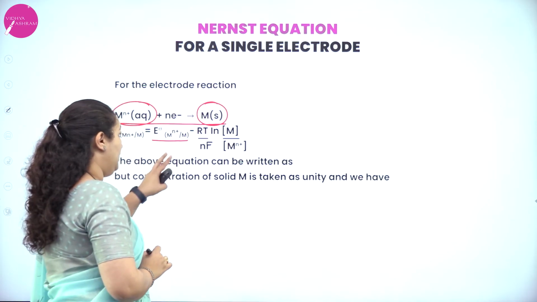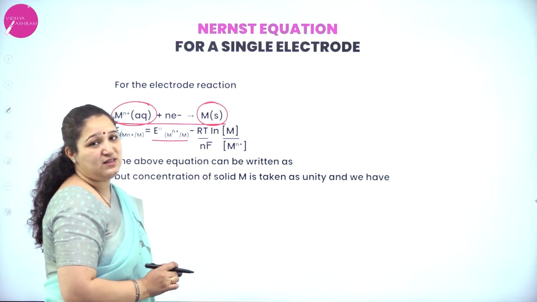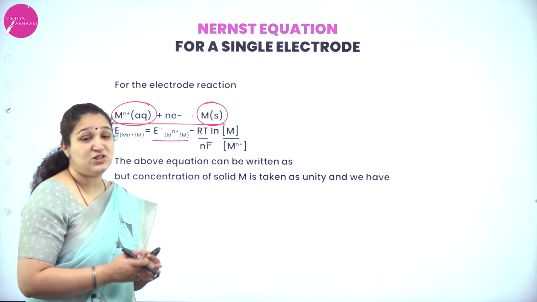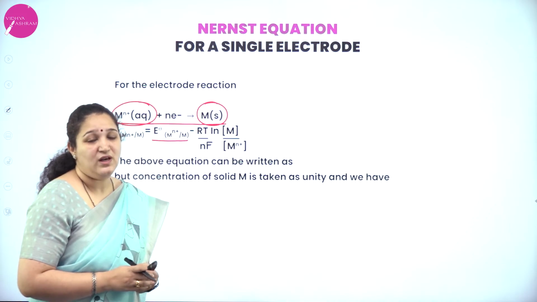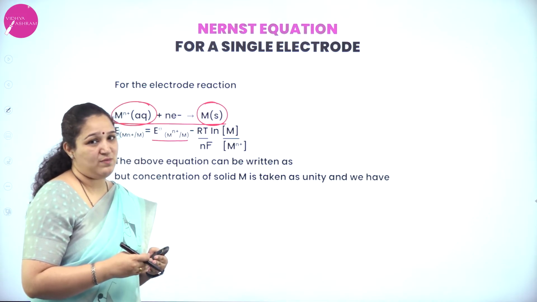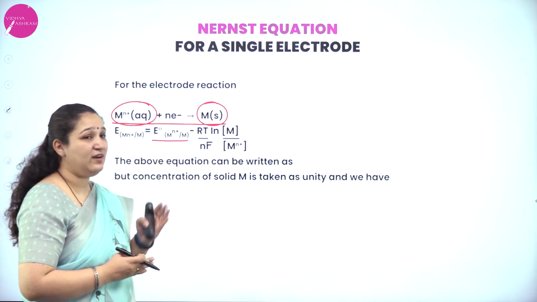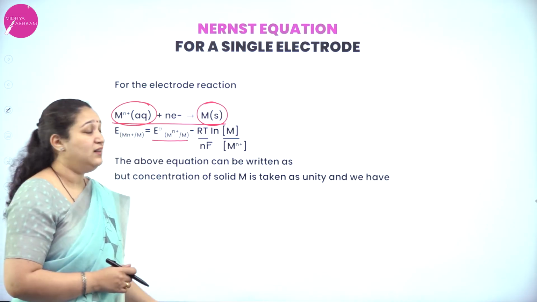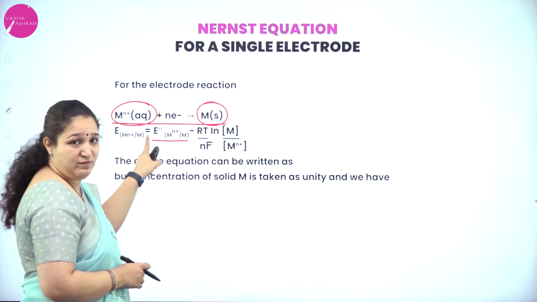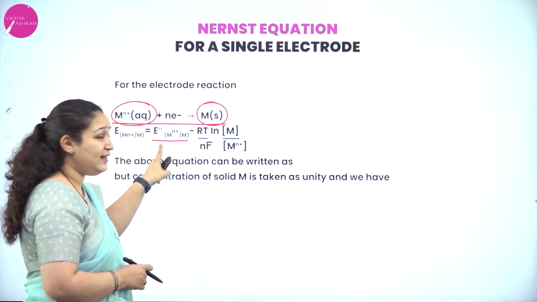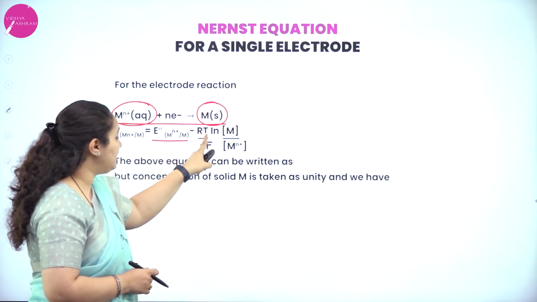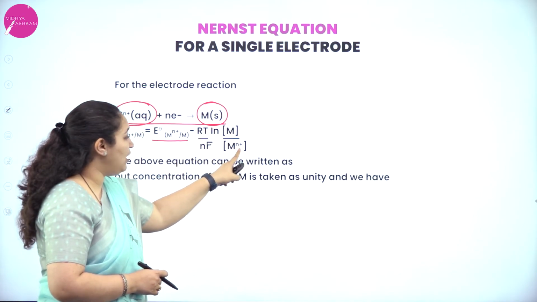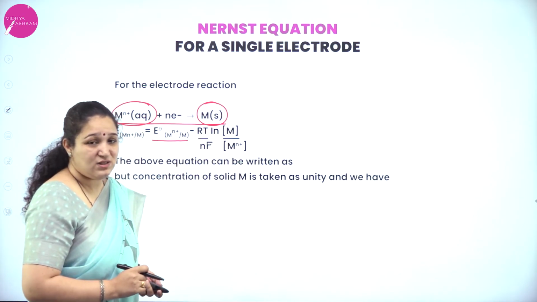Now, you might ask me where we got this formula from. In your syllabus, we directly learn the Nernst equation; no derivation is required. If you go for higher education in chemistry, of course, you will learn the entire derivation of the Nernst equation. So we have to learn that the electrode potential is equal to the standard electrode potential minus RT by nF ln of the molar concentration of the metal by the molar concentration of the metal ions in the solution.